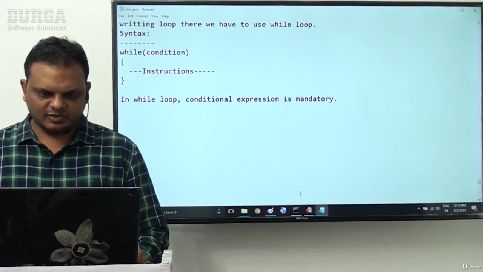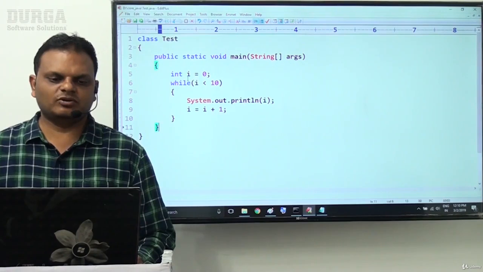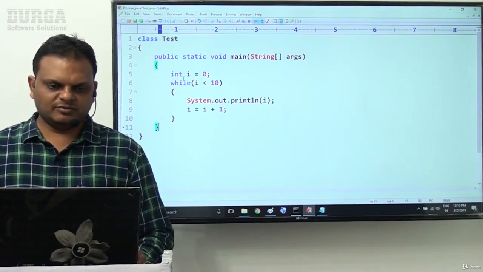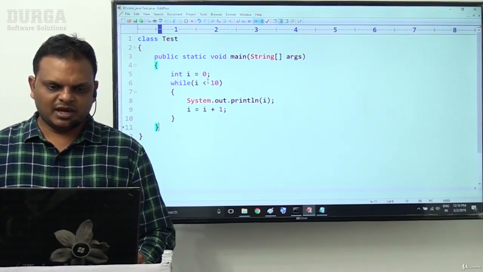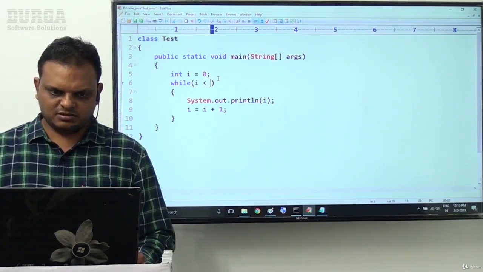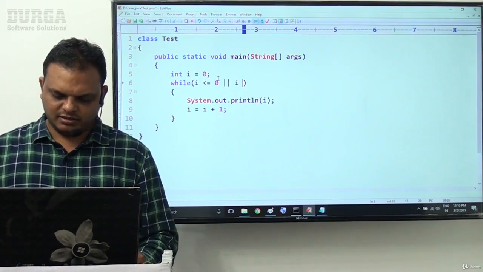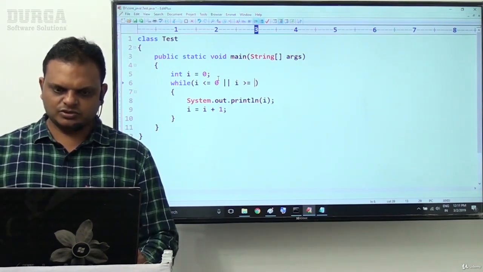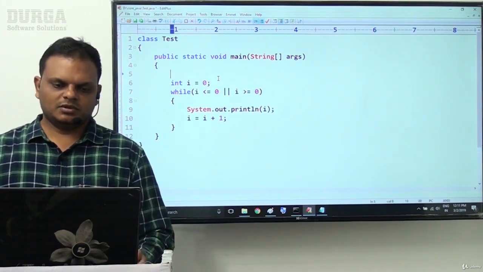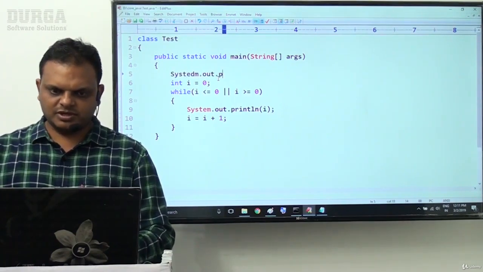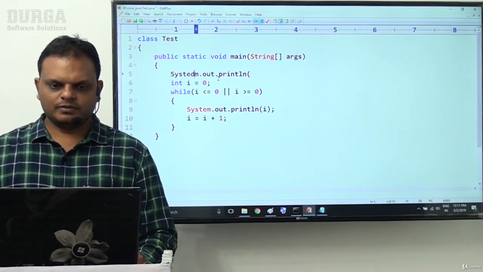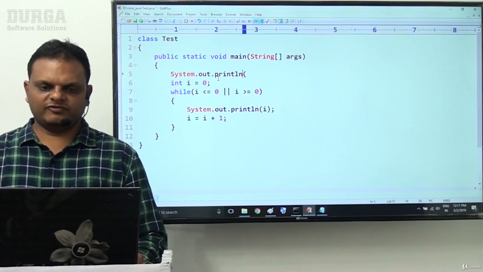Then after that, I'll go for one more simple example. Try to answer it. For example, I'm going to take i less than or equal to 0 or i greater than or equal to 0. Now here, System.out.println of "before loop".